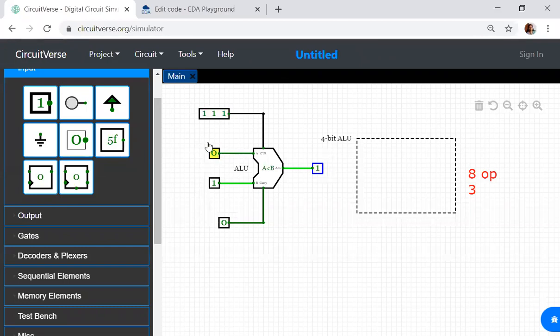Now what happens in 4 bit is, this is a 4 bit signal. Whatever I gave to A is a 4 bit signal. Whatever I give to B will be a 4 bit signal. It can be n bit. There are no specifications. If you get 4 bit over here, you may get a 4 bit output. Suppose it is a ripple carry adder, and I am performing 4 bit addition. A will be 4 bit, B will be 4 bit. Output should also be 4 bit and the carry will be 1 bit. So like that we have to design the ALU.